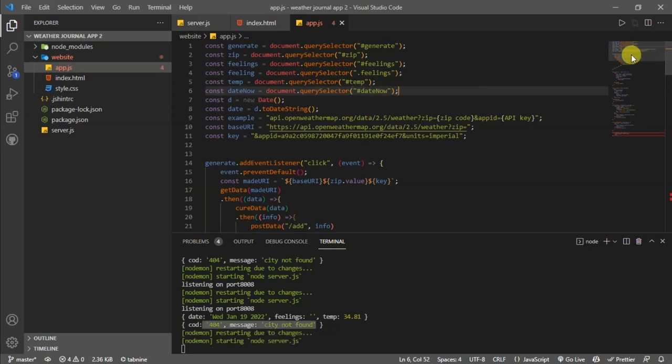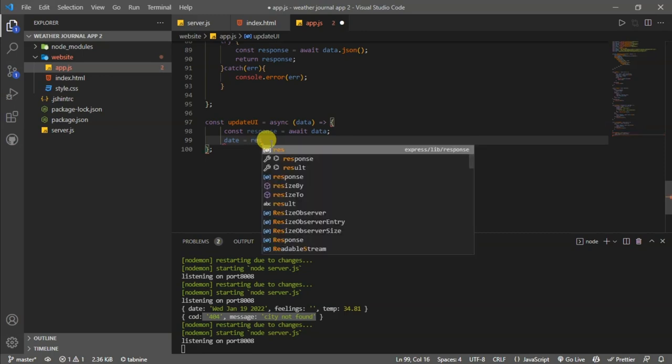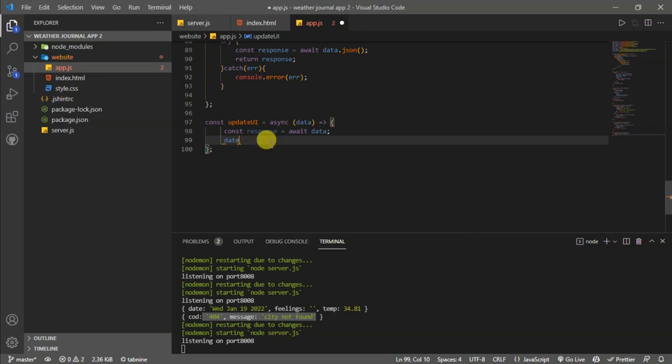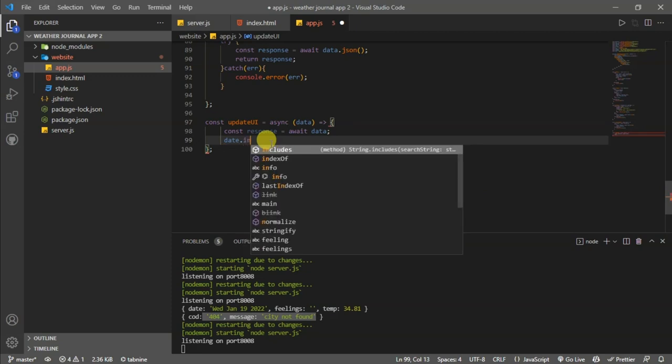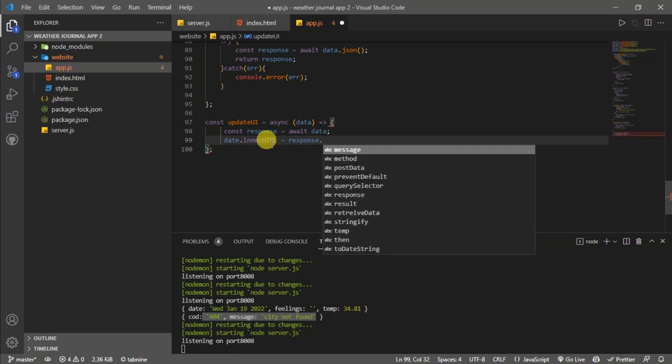Alright, we will go back here and we will say dateNow.innerHTML will equal response.date, because there is